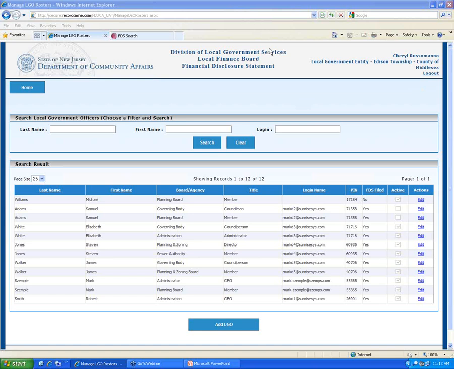Just like you can see now in the roster, we now have the login name populated for James Walker. So once James registered in the system and filed, this information got updated in the system. Again, we know that there could be misspellings, but we ask that you try to get them correct right up front.